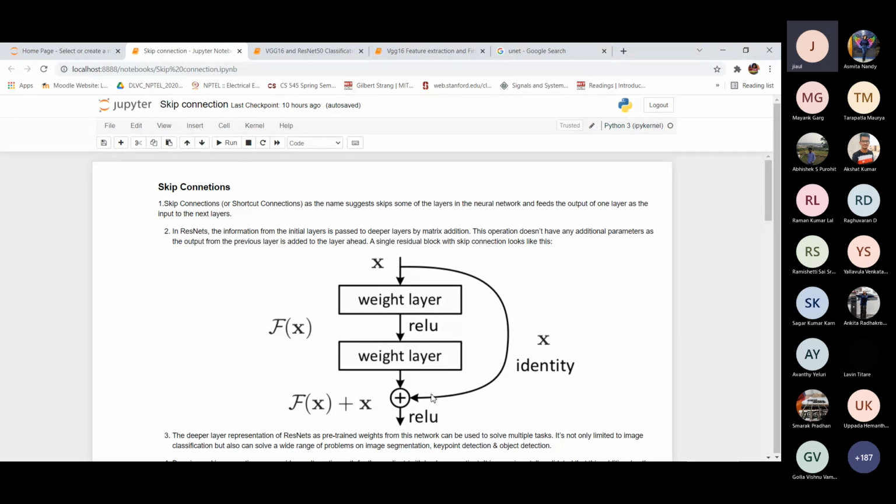Okay, so the reason skip connection is used, and this is one of the most widely used CNN architectures: you remember when you were training a very deep network, there are lots of hidden layers. Because of the chain rule of derivatives that we use to train, which is basically multiplication of many function derivatives, the gradients often become very, very small.